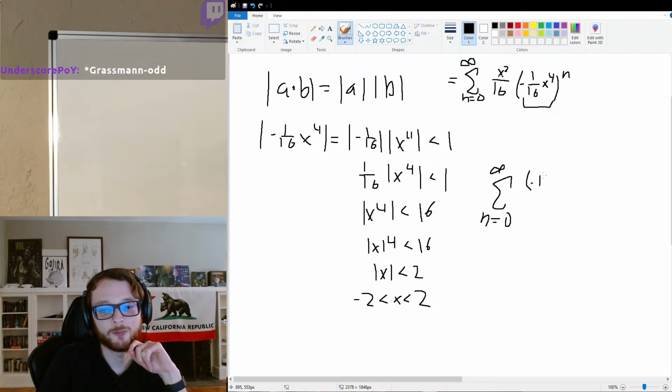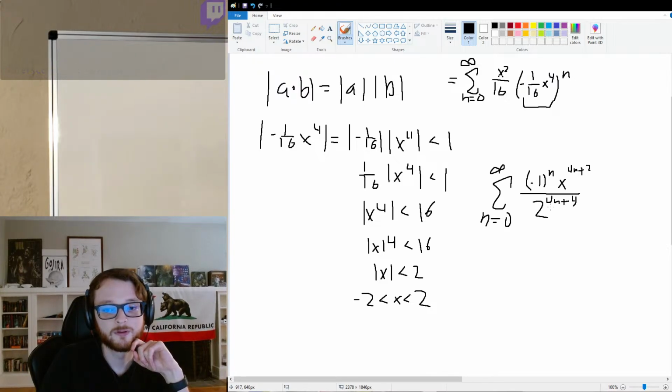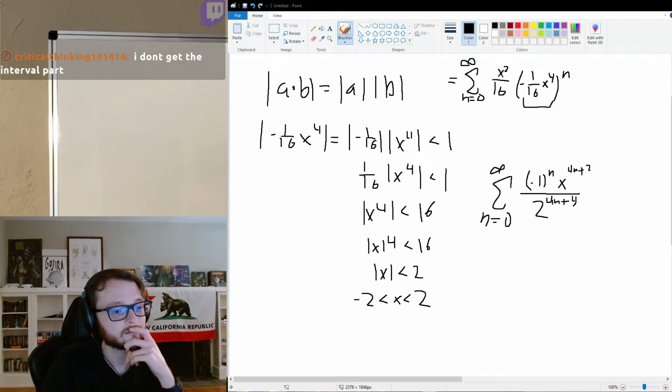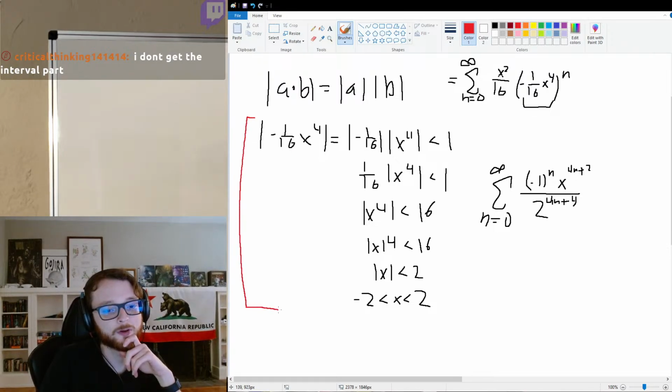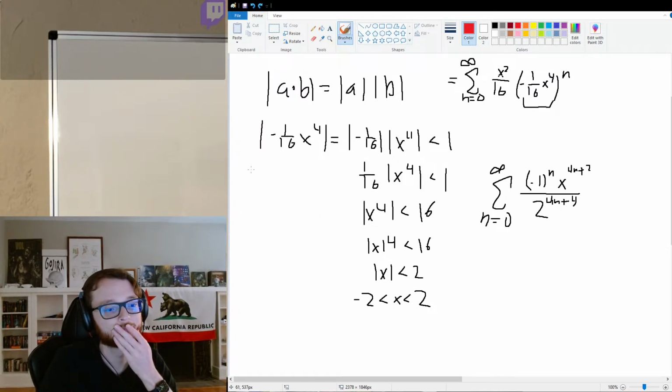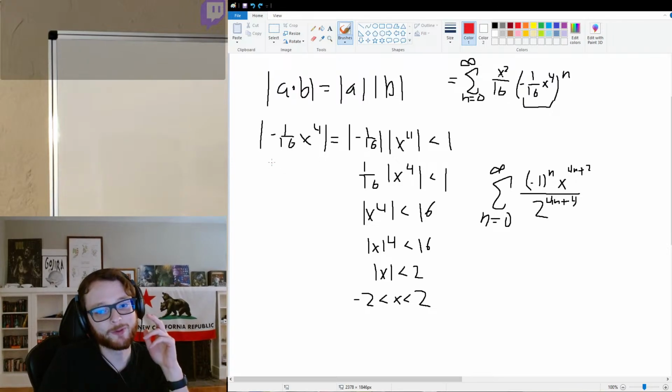So I explained this terribly, and I apologize for that. So I can back up and go back through. You don't get the interval part? Like, you don't get how the book got their answer, or you don't get how I did this part here? I assume you mean this part here that I just did. My method? Okay. So there's probably a different way to do it as well, but